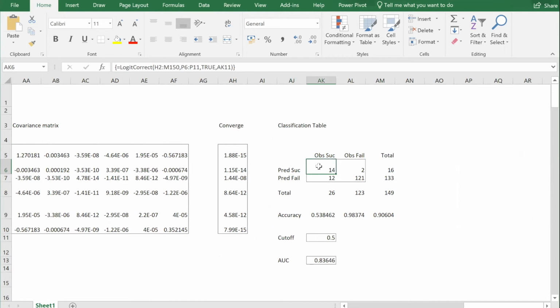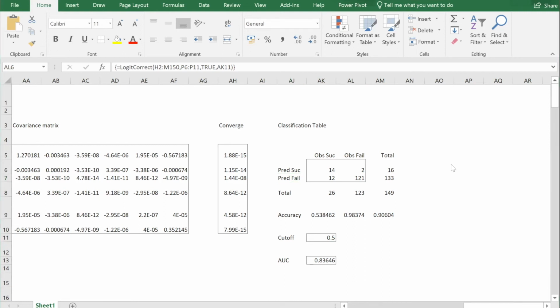There are 2 observations which are actually failure but you predicted as success. There are 12 observations which are actually success but you predicted as failure, and there are 121 observations which are failure and you predicted correctly as failure. Now, on the basis of this, you can calculate the specificity, sensitivity, and accuracy of the model. We'll see that.